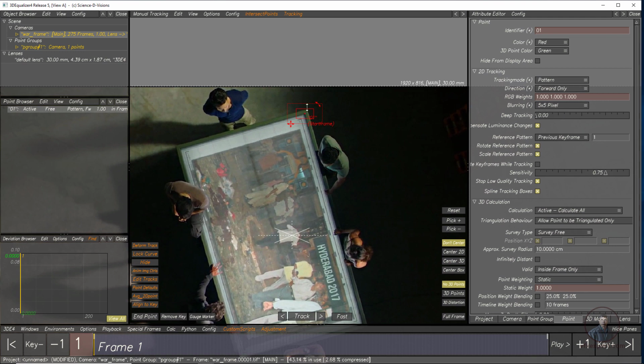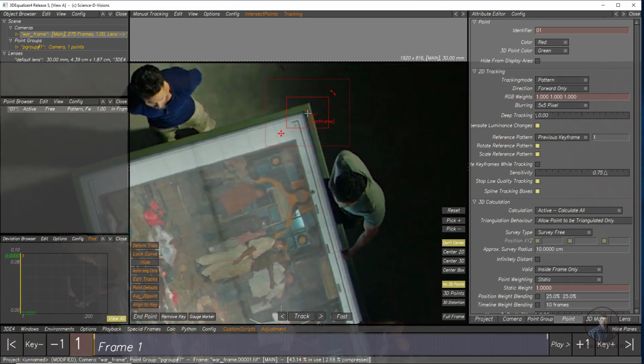Now come back to our tracker. If you want to adjust your pattern size or pattern area a little bit, then simply from here you can adjust. Now see, like this. If you want to move your points, then simply select and easily move, and place on the point which you want to track. I have placed it here. Now zoom in a little bit here. This is the point I am going to track. The remaining things we will cover in later classes.